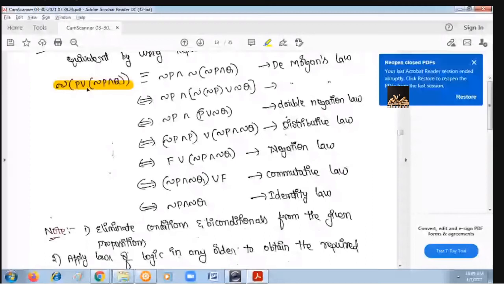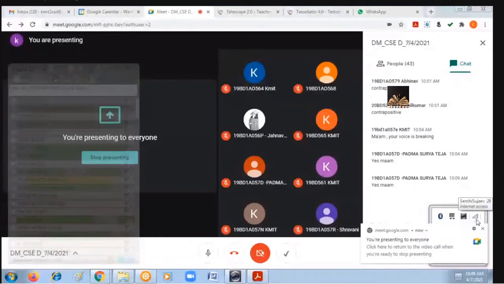Did I discuss this replacement process in the last class? Am I clear now? Did I discuss the last replacement process? Any example for replacement process in the last class?